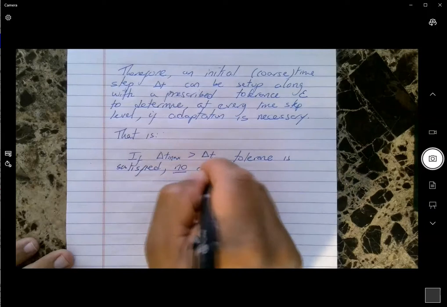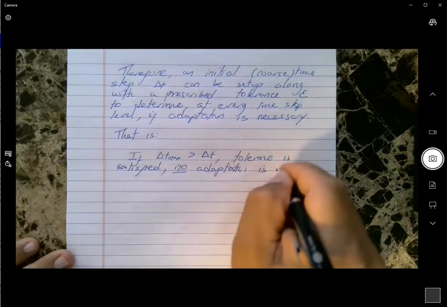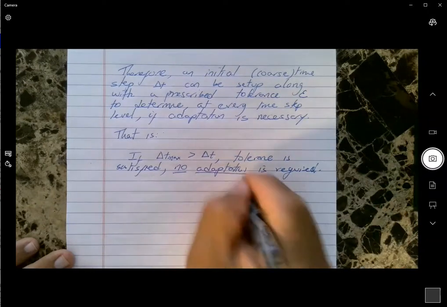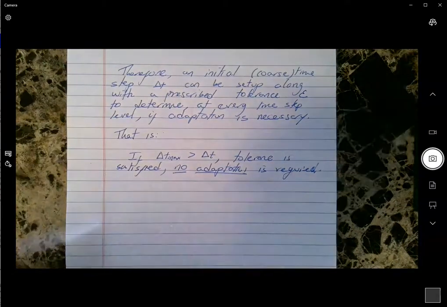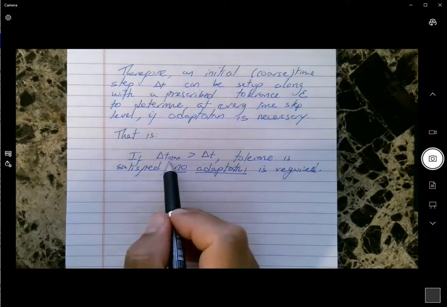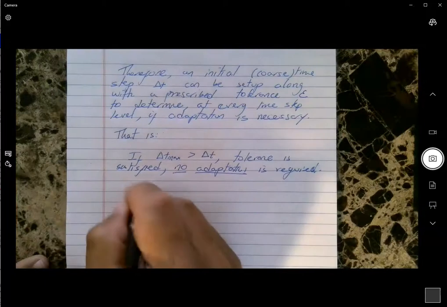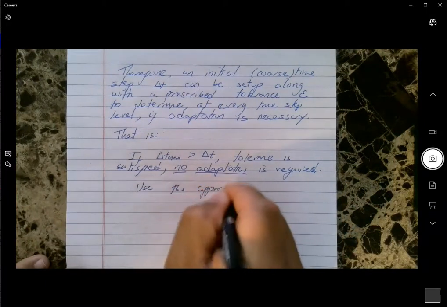No adaptation is required. So that means that I already use a delta T that is small enough. Okay, I use a delta T that is smaller than the maximum delta T to achieve the tolerance. So basically, if this is the case, use the approximation